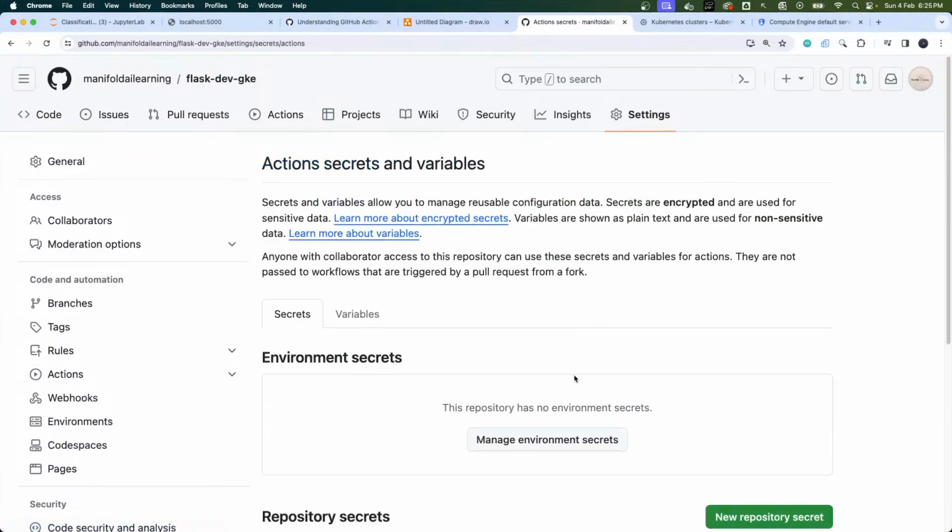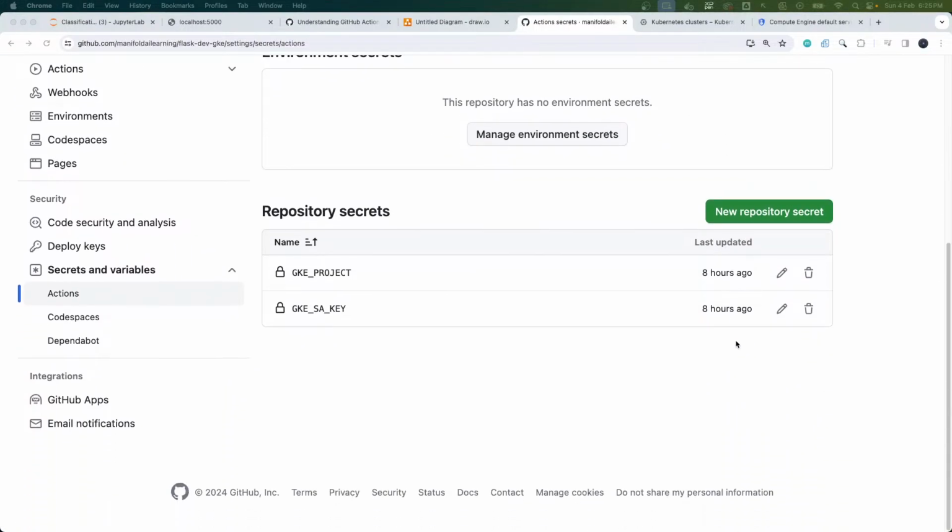Okay, so these are the two secrets that you have to maintain under the settings of your repository. So it will be secure. The reason this is recommended is because no one can access it except the repository owner, that is you. So it is not recommended to store such credentials in a configuration file. So create it as a repository secret, and that will be referred in this